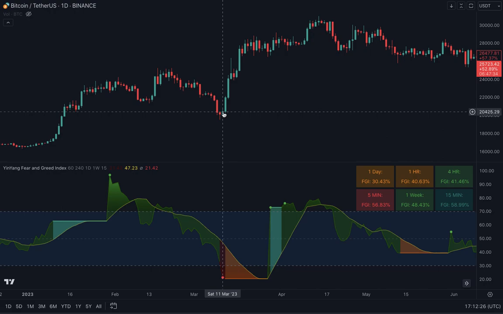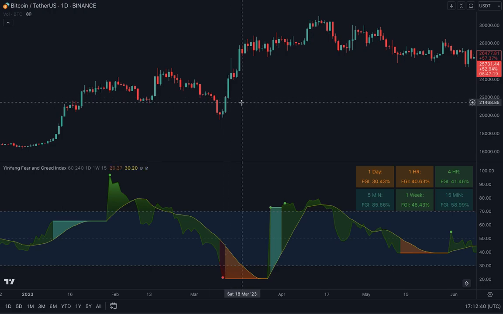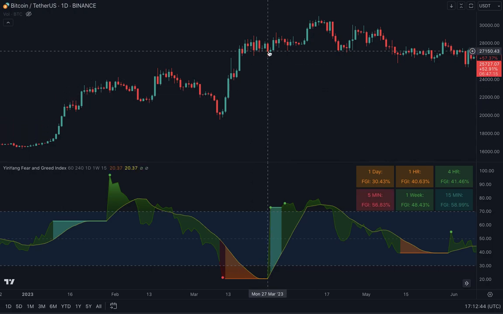So we had a fear signal here at 20,400, for instance, and then the next bar we're already up almost $1,500 in that one day, and so it's no longer in a state of fear because a little bit of greed already started hitting it. And then you can see it went pretty greedy pretty quickly and rose all the way up pretty much in 2 days there to 72,